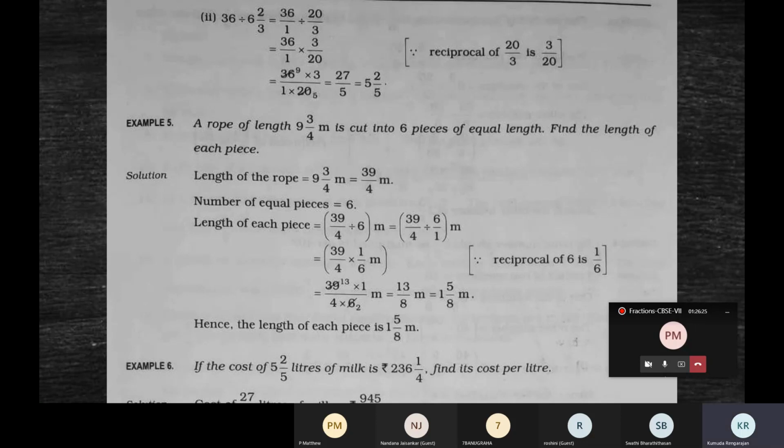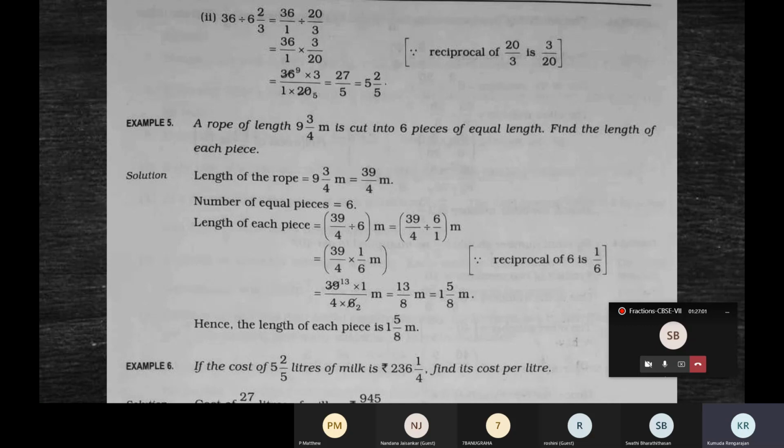Anybody can answer this? Can anyone? Which is the dividend? Which is the divisor? We got 20. 100 is the dividend. Ma'am, 100 is the dividend and 5 is the divisor, ma'am. Yeah, 5 is a divisor. So it is 100 divided by 5. 100 in the numerator, 5 in the denominator. Or when you divide, 100 is the dividend, 5 is the divisor. Then only 5 20s are 100.